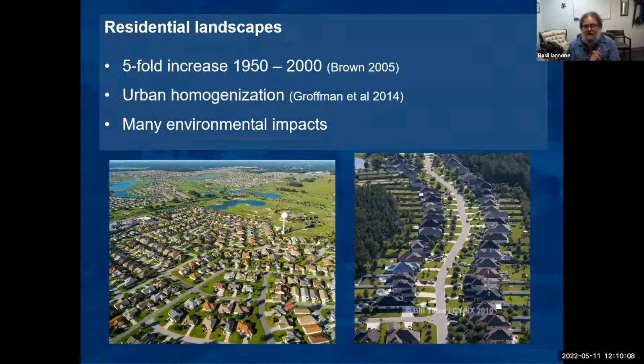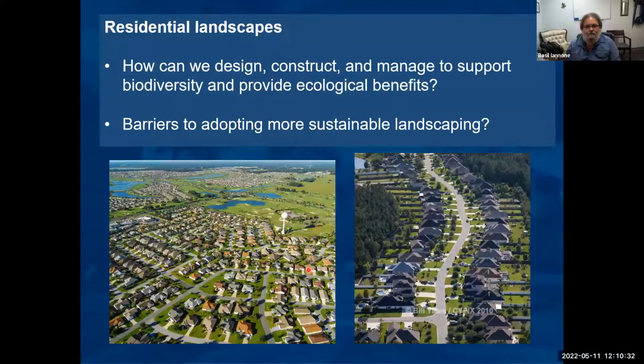Now, there's many environmental impacts of this urbanization. Of course, there's loss of biodiversity. We're replacing the native landscapes that used to be there. There's also environmental impacts of maintaining these landscapes, and I'm probably preaching to the choir here. If you don't pick the right plants for this environment, you're going to be over fertilizing, over irrigating, and there's negative implications of that, use of pesticide for our landscape maintenance.